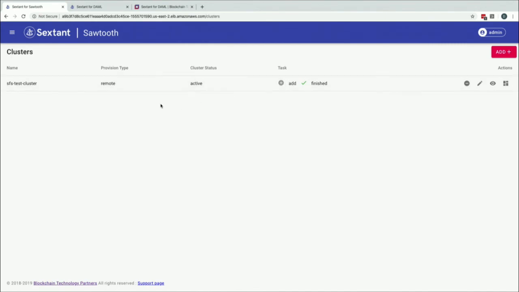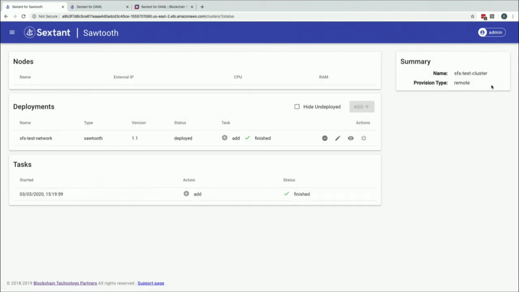So this is a cookery show. So here is a cluster that I deployed over the weekend. And if I look at it,